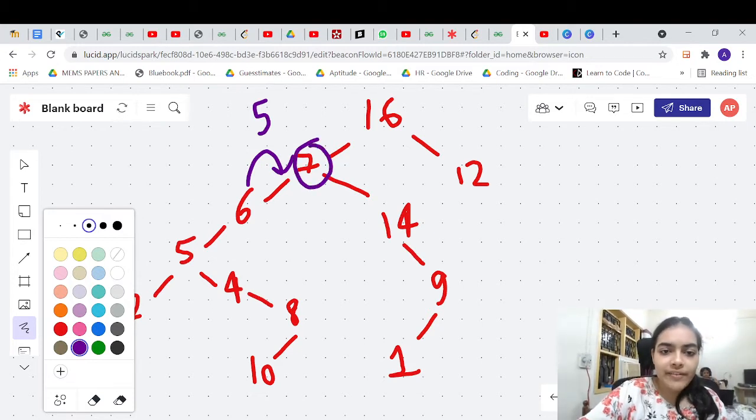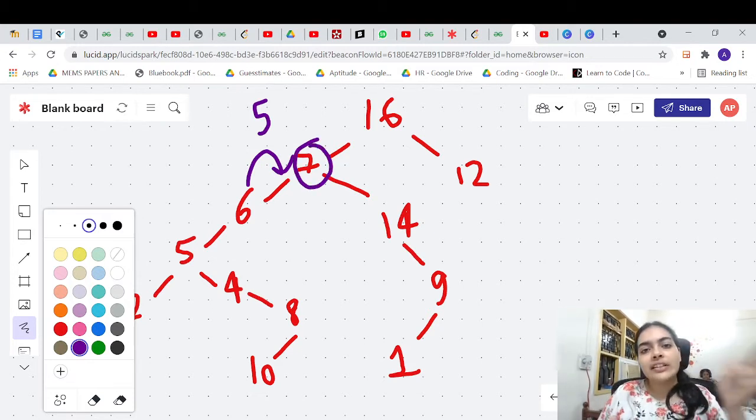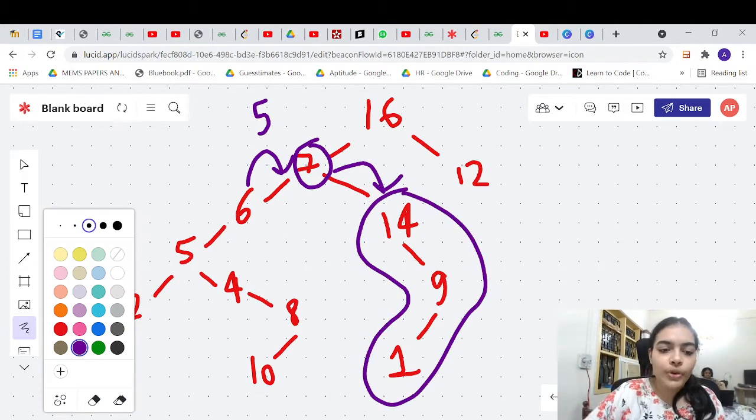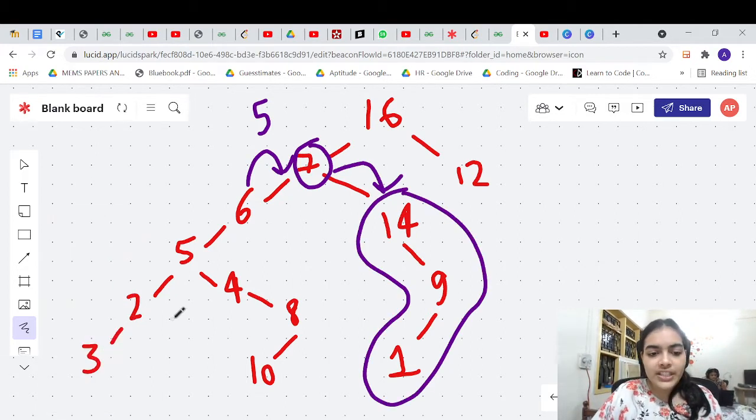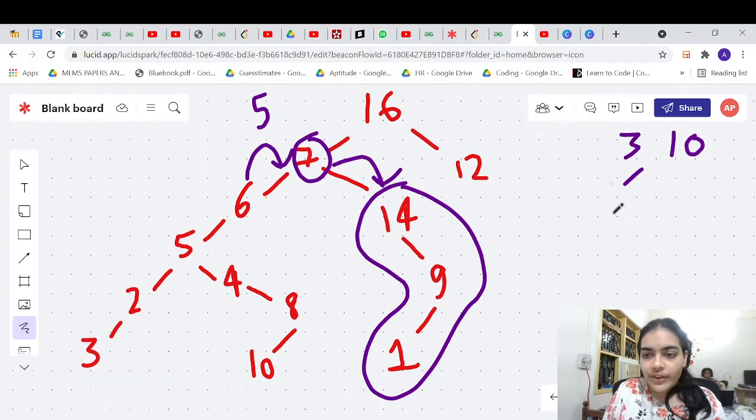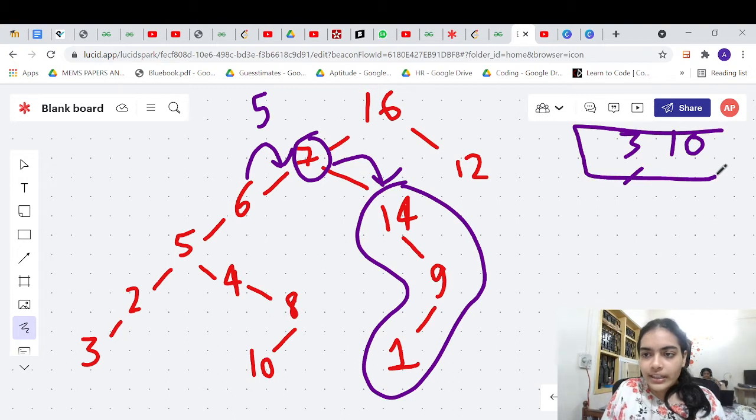Now what will 7 see? 7's left child has returned 5. What will 7's right child do? 7's right child will try to look for the elements, right? Which elements were we searching for? We were searching for 3 and 10, right? 3 and 10 or something like this, where the answer was 5. We are searching for elements like this. So when we are searching for 3 and 10 in this particular case,